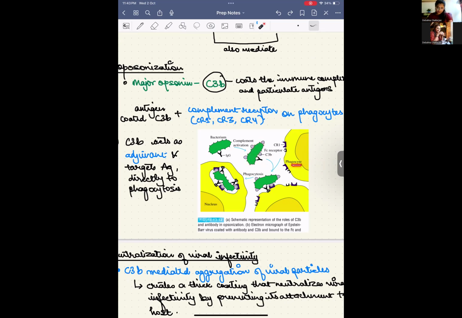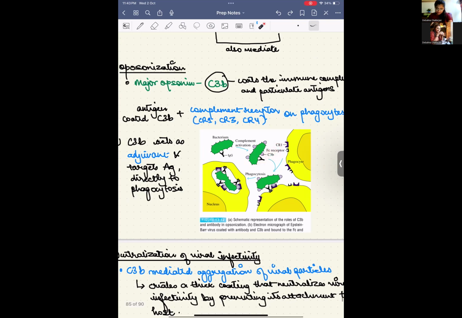Now, the phagocyte has receptors for C3b. So C3b pulls the bacteria, along with the antibody molecule, towards the phagocyte. The C3b pulls the bacteria towards the phagocyte, and eventually the antibody also comes and binds to the Fc